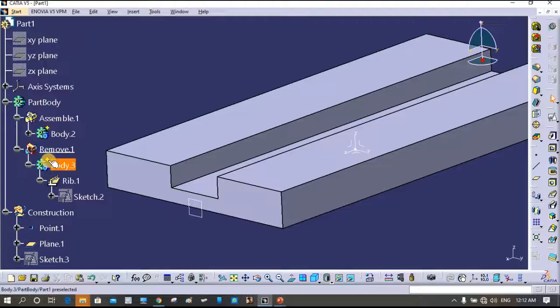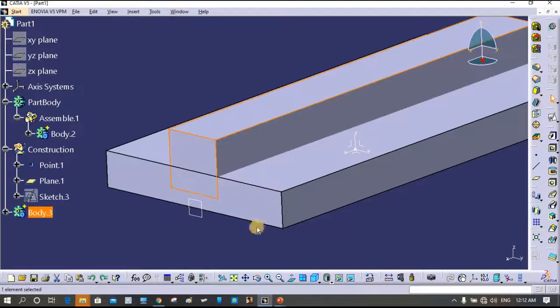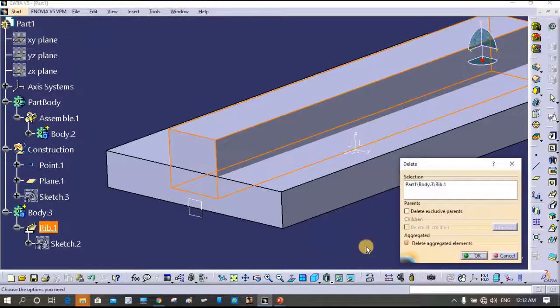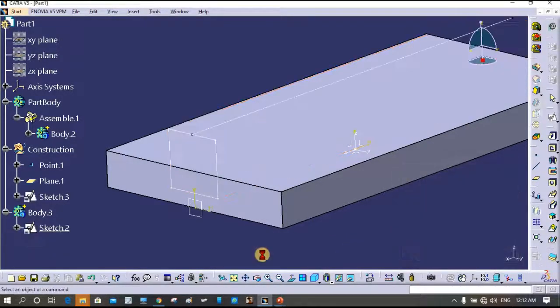But if you see this body, there is a plus sign on this body. Again I'll say Control Z, that is this remove operation is undone. Now instead of this rib, I'll delete this rib. So I'll uncheck this delete aggregated element, otherwise my sketch will also get deleted. So say OK. Now the sketch remains.